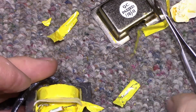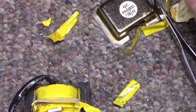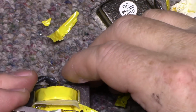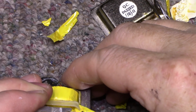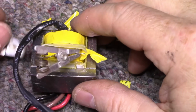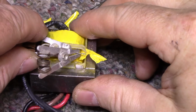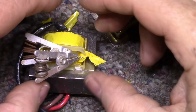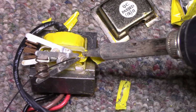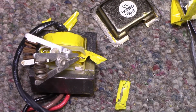Give it a couple of wraps. Now we need to heat sink it again. See if I can get one more on there. Solder this. Now we need